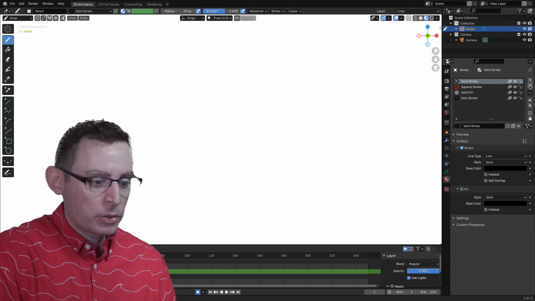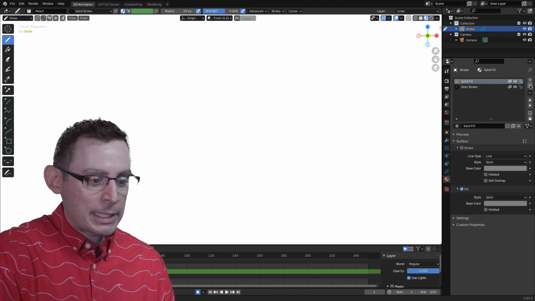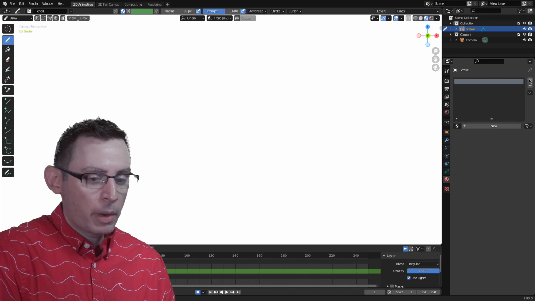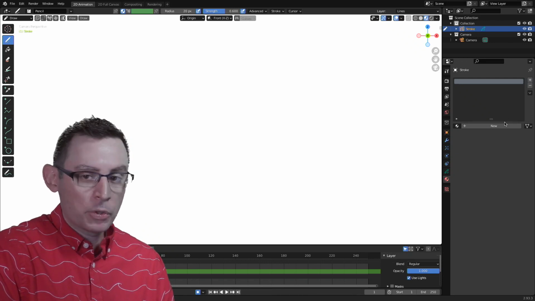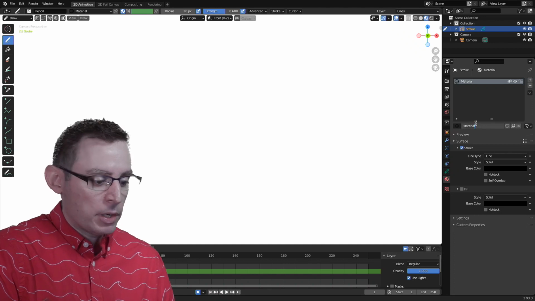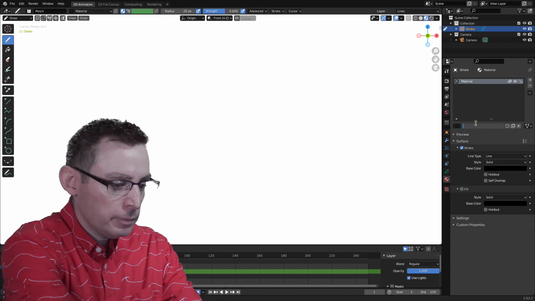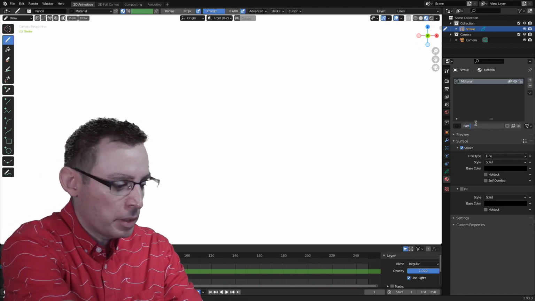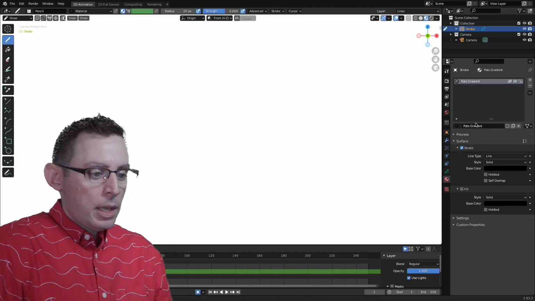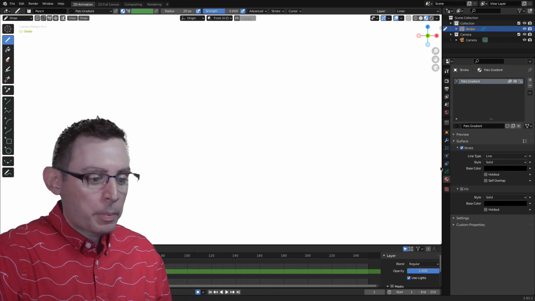I'm going to get rid of solid stroke just by hitting the minus sign here. And I'm going to start by creating my own material. This little plus sign will start the process. Let's create a new material down here and give it a name. And I think I'm just going to call this Lovingly Pat's Gradient. There we go. And let's look at the material properties downstairs.